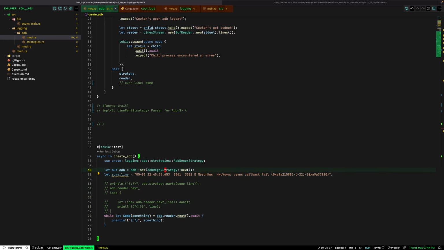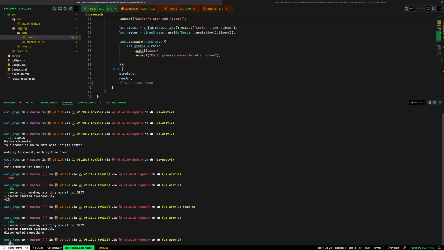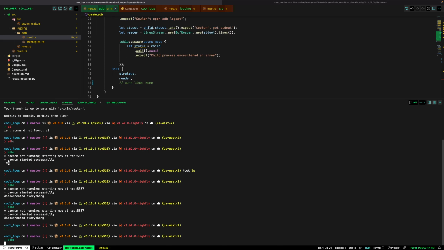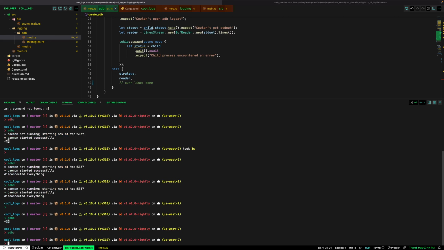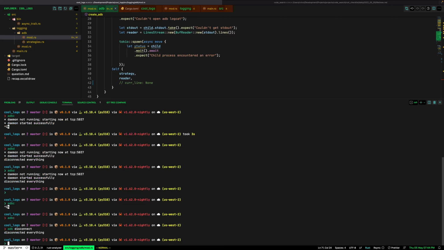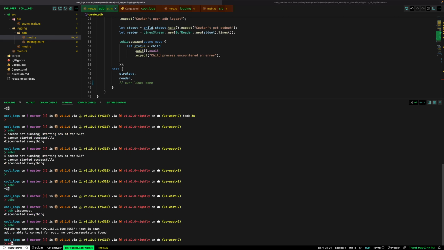But yeah, note that this is an async function, and next on the Tokio stream is going to act like an iterator and get the next value. So once I'm connected,